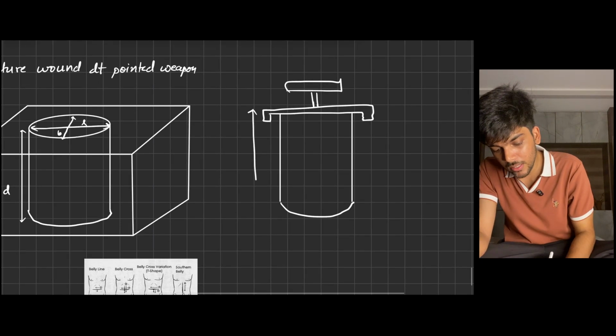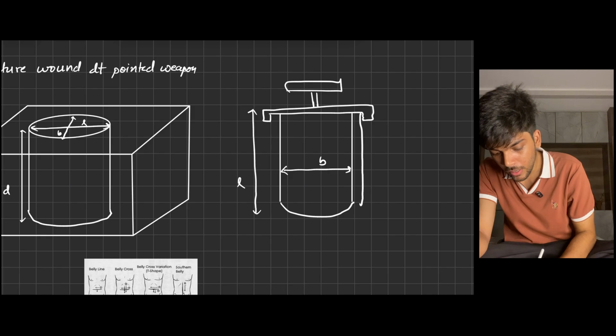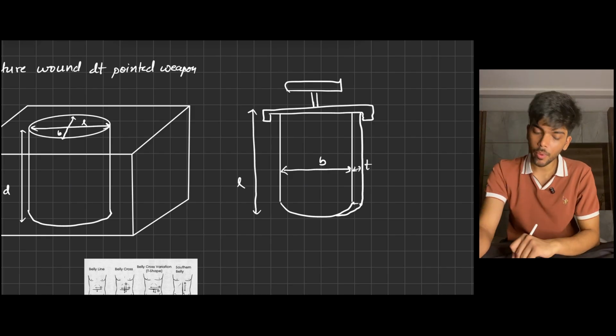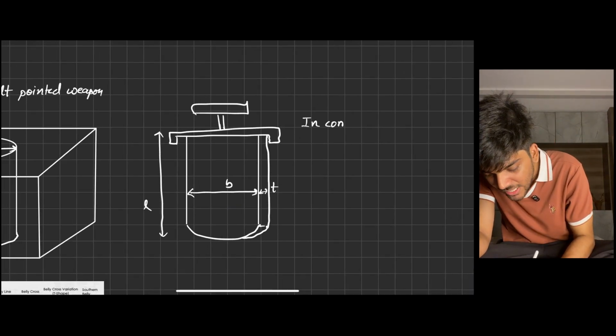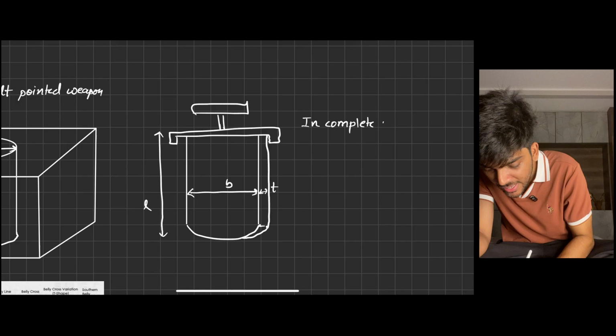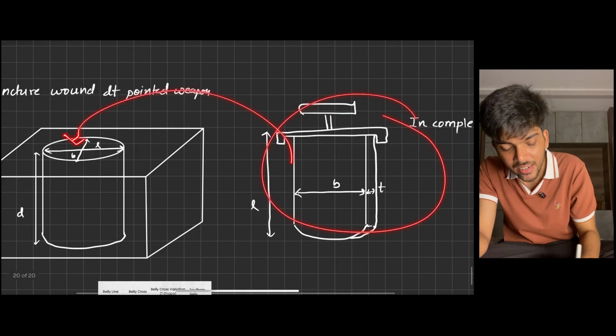This is the length of the weapon. This is the breadth of the weapon. And this will give you the thickness of the weapon. In complete penetration, that means when the weapon is completely inserted inside the tissue,